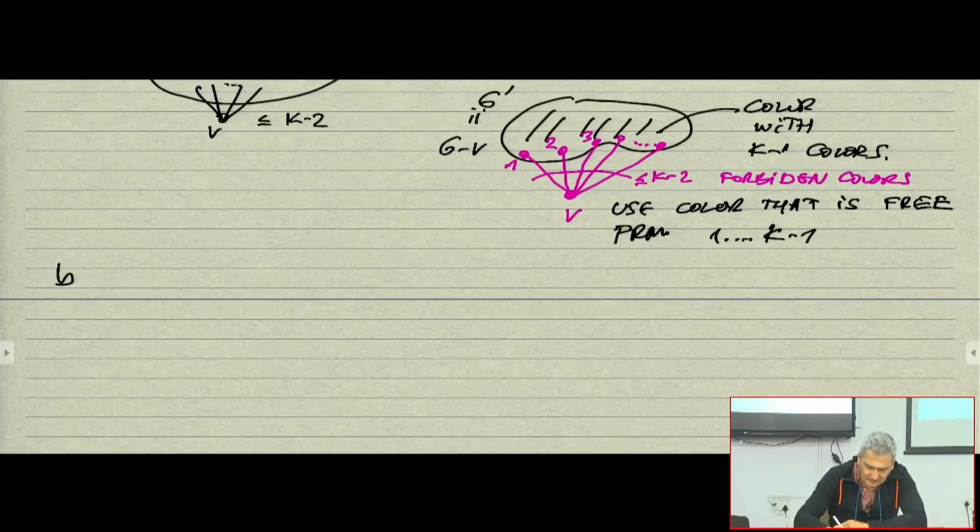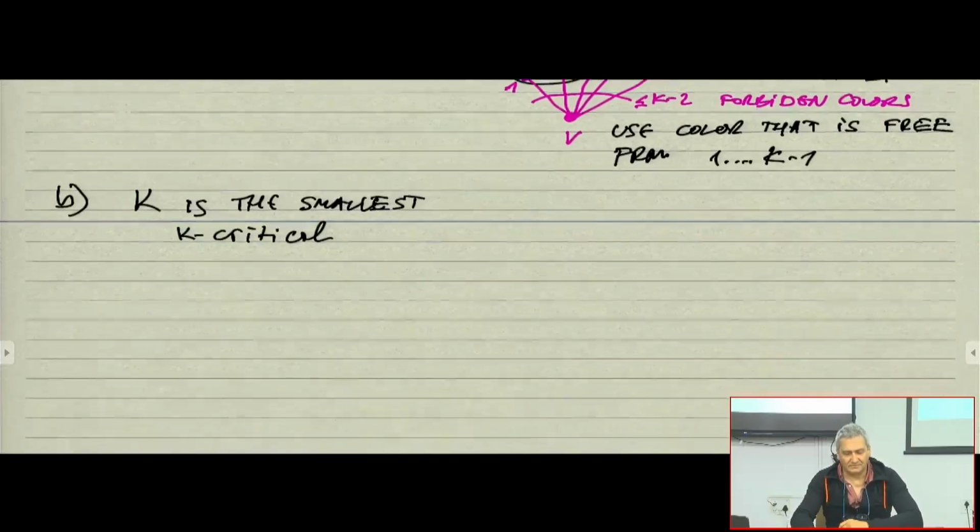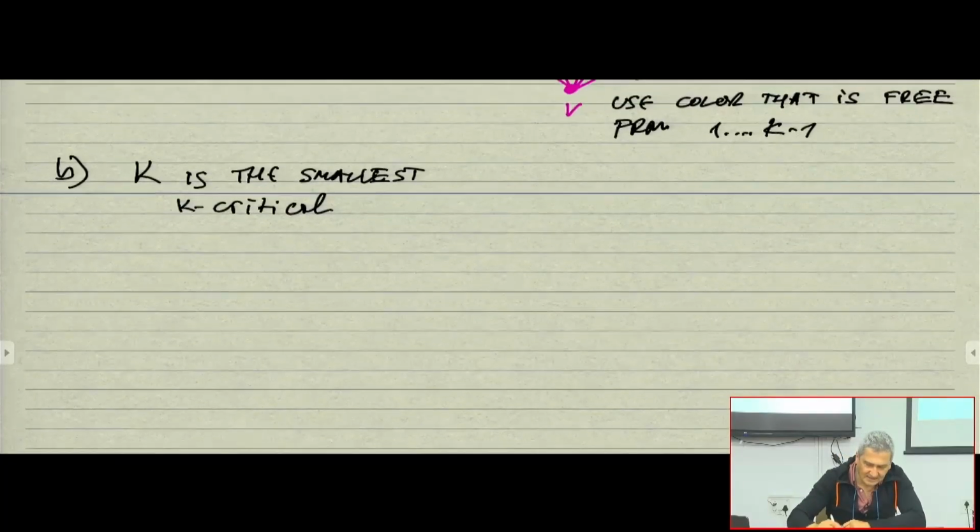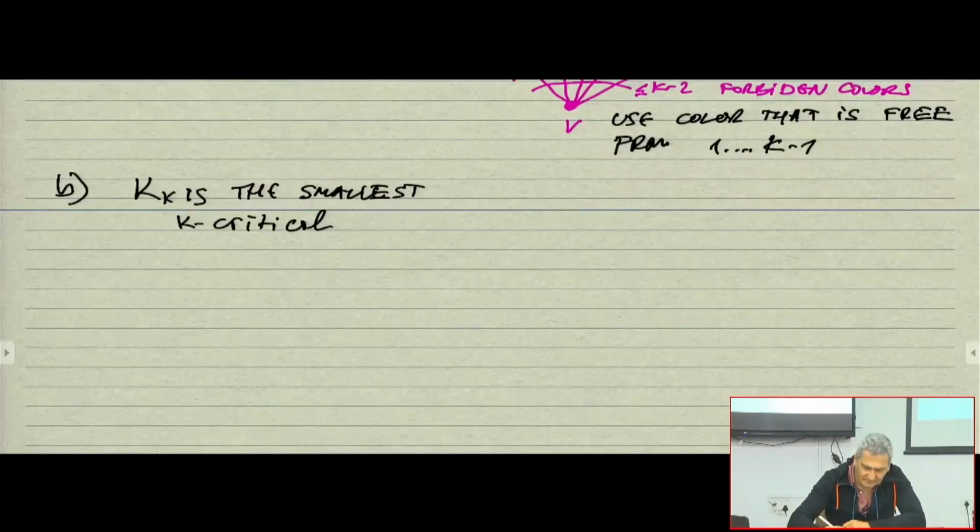B. K_K is the smallest K critical graph. Sorry, K_K. K_K is the smallest K critical graph. Anybody knows how to prove it? I think it's so simple that I don't know how to prove it. So,